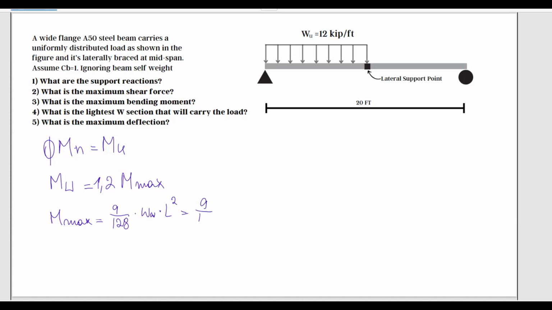We're just going to substitute 128, multiplied by 12, and multiplied by L, which is 20 feet squared. So we have 20 squared, 12 multiplied, 9 multiplied, 128 divided. And guess what? I'm getting 337.5,